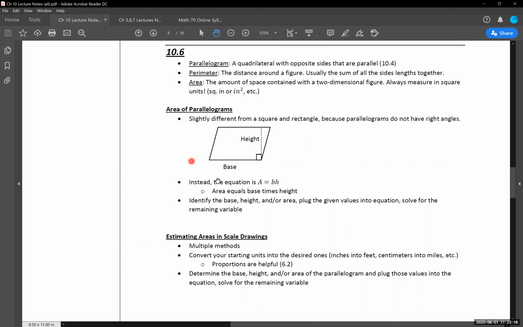The new stuff with a parallelogram, again, the toughest part, the part that makes this difficult for people, is not drawing a picture. If you draw a picture, I'm going to put a lot of money on 99% of these problems that you'll have showing up on the homework or on the tests that are going to be like this, you're going to do just fine on. Take the extra time to get your setup correct and draw that visual for yourself, and then plug things in accordingly, and then you're going to be good to go.